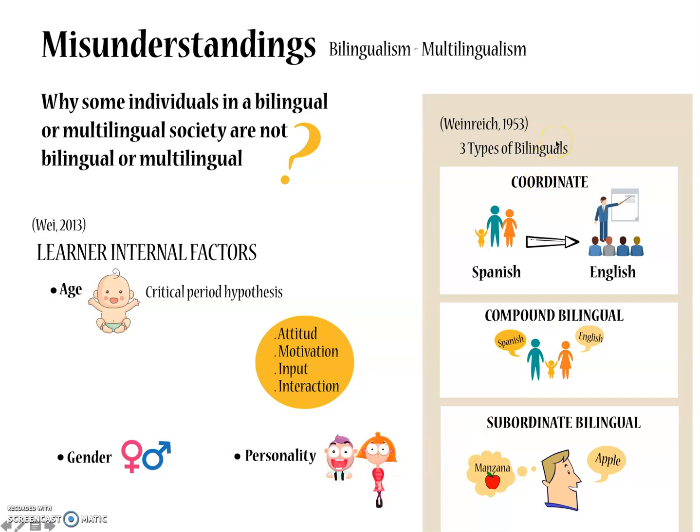Researchers around bilingualism and multilingualism are concerned about aspects such as types of bilinguals. Wainwright proposed three types of bilinguals: coordinate, when the individual learns the languages separately in separate environments and keeps this separation after mastering both languages; the compound bilingual, where individuals learn the languages in the same environment and context, and they are used simultaneously or interchangeably; and the subordinate bilingual, where the individual uses the stronger language to interpret the weaker language.